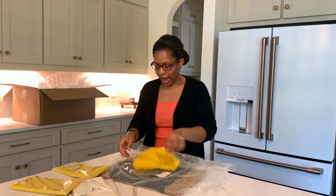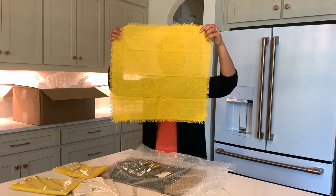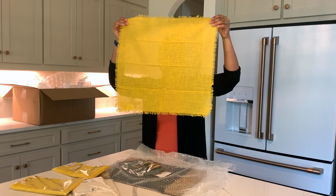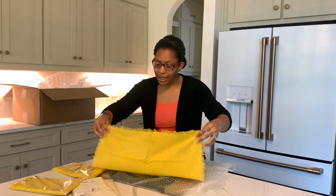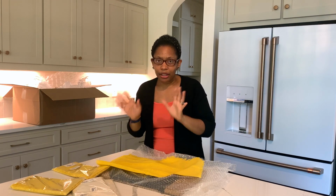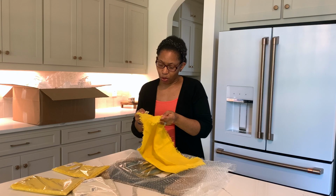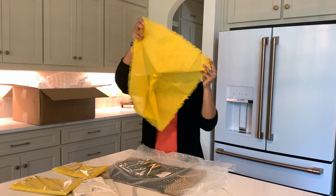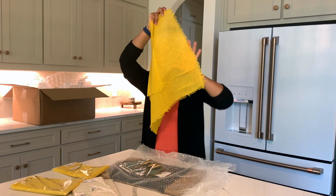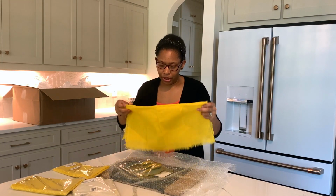I took one out because I want you all to see what it looks like. It kind of looks like linen. It's definitely not the quality of linen, that's for sure, but it has the look of linen. I like the fringe. I'm not sure how this will wash because it's so thin. You probably can see my hand through there,